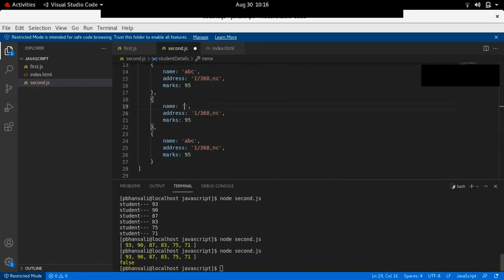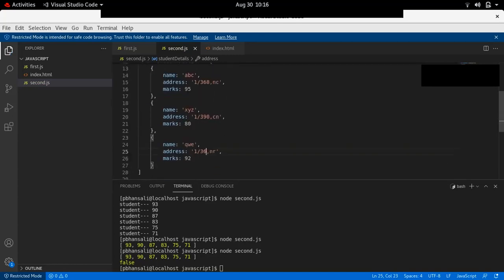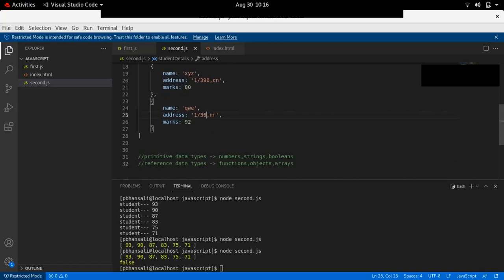This is the array of objects, which has 3 different objects, 3 different students. One is ABC, one is XYZ, one is QW.